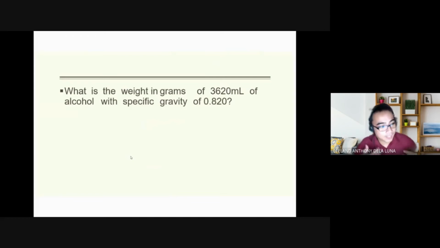Now, when it comes to this, class, automatic kasi naisip natin, whatever the specific gravity is, yun na rin yung kanyang density. Are we clear? Okay, di ba? Ulit natin sinasabi to. Most of the time, whatever your specific gravity is, yun na rin yung density. Okay? So, ibig sabihin, class, a specific gravity of 0.820,